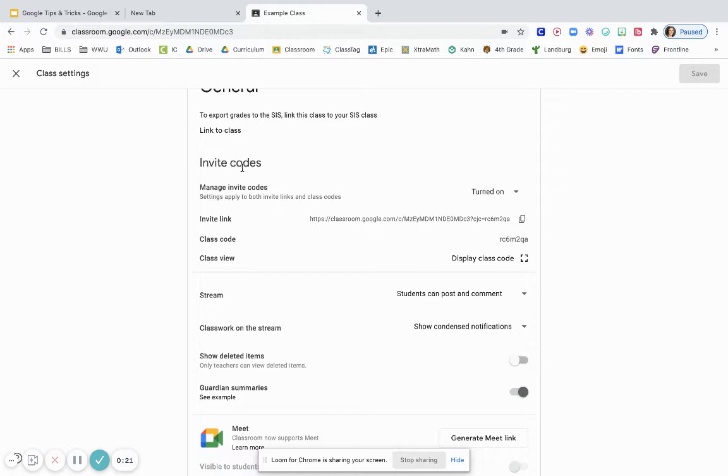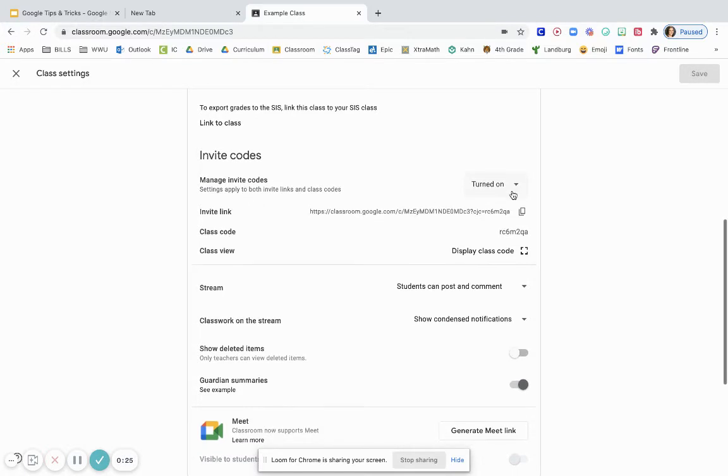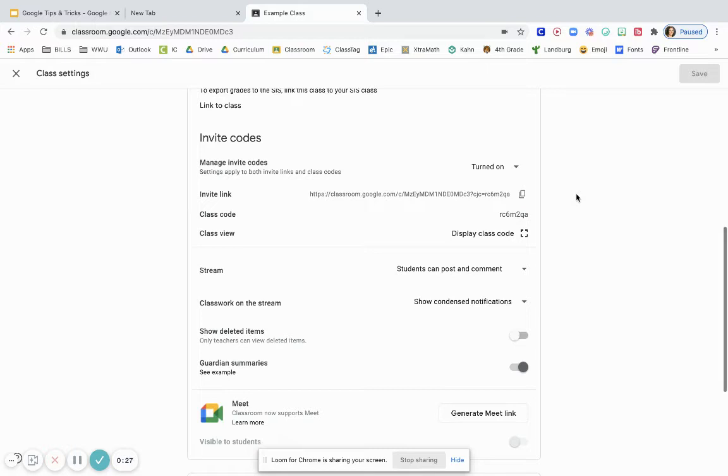First thing is you have an invite code. So right here, you have your invite code turned on. If you would like your students to join your classroom on their own, you can either send this link to them, you can send it by email, or you can write it on the board for them to type that in. Or you can have them type in classroom.google.com, and then where that plus button is, they would click on that plus button, and instead of putting create class, they would click join class and type in this code